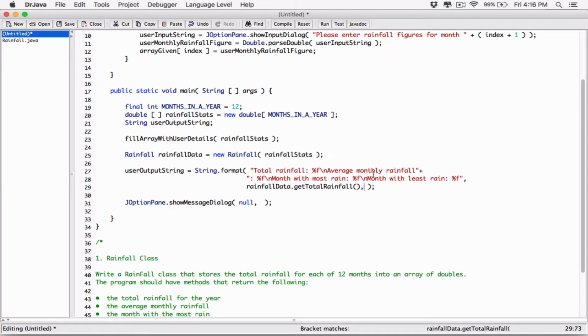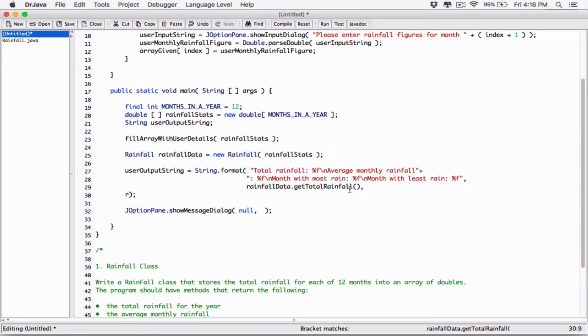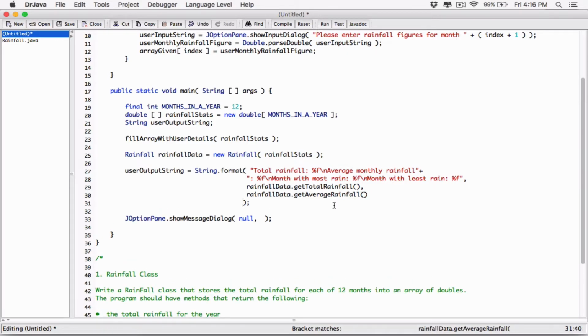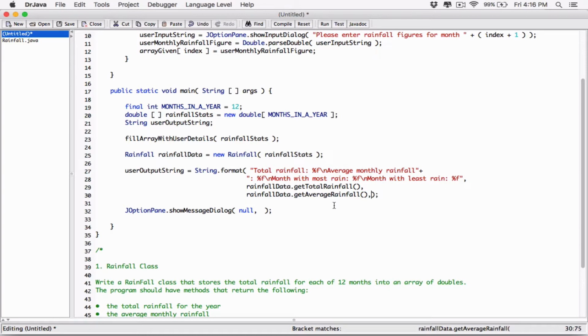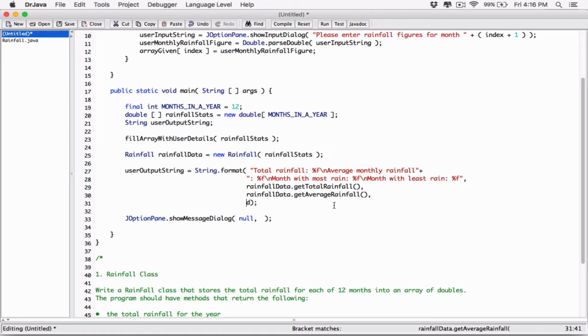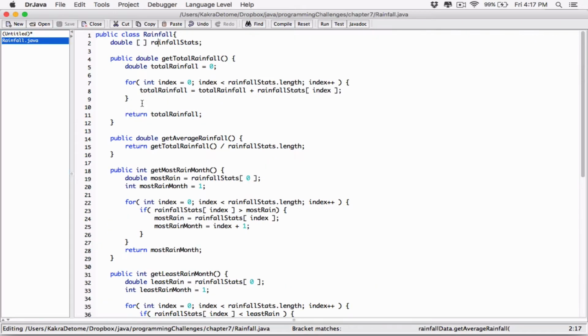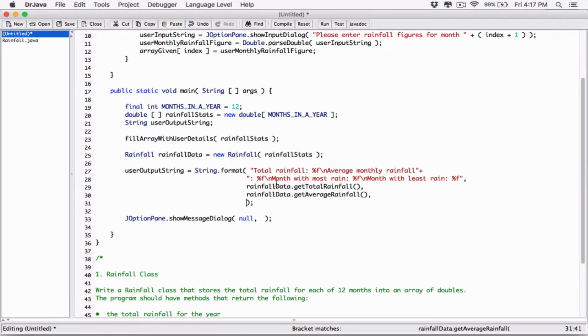So next value is average monthly rainfall, and so I'm just going to call rainfall data dot get average rainfall, right? So get average rainfall. Is that how we named it? So a comma and then next one. We called it get average rainfall. Okay, yeah, we did. And then